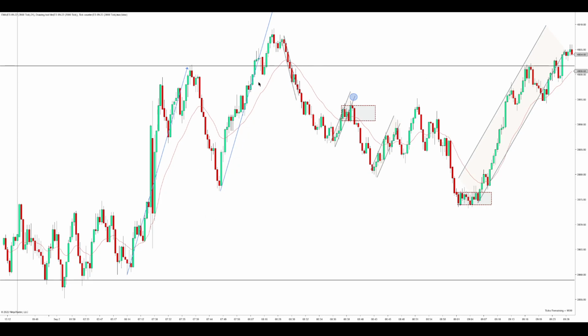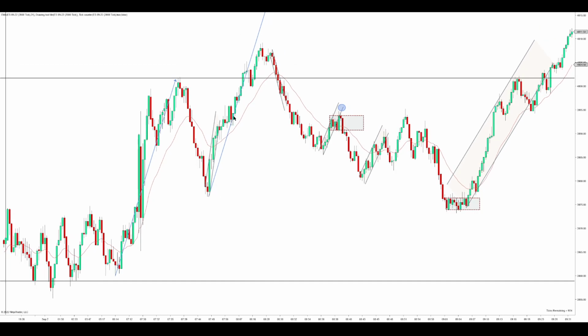So I saw that we got this leg up. I'm looking for longs inside of it. There's really nothing. You only get these tiny shallow corrections to the EMA. You really don't get anything worth taking. And then eventually you just have a couple legs up. You break out of the overnight high. Most breakouts fail. And then here you get the first